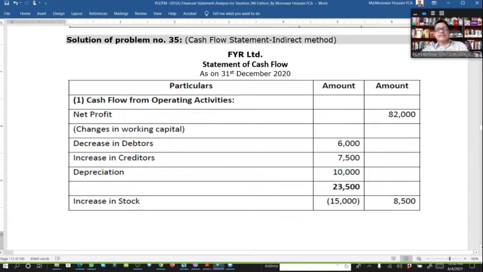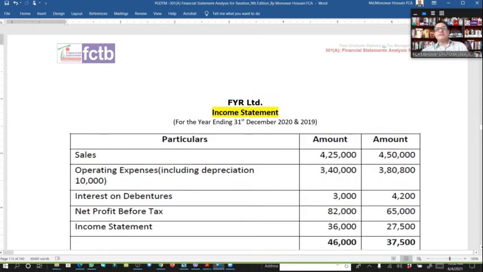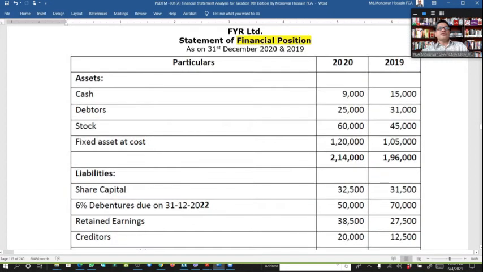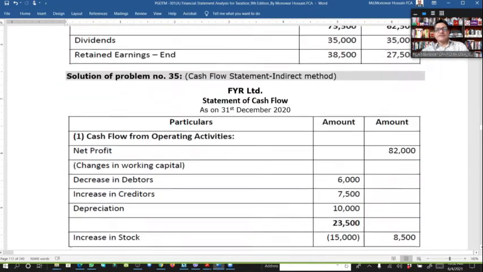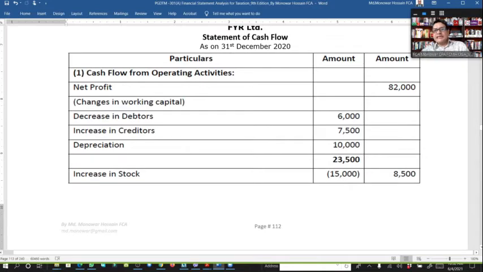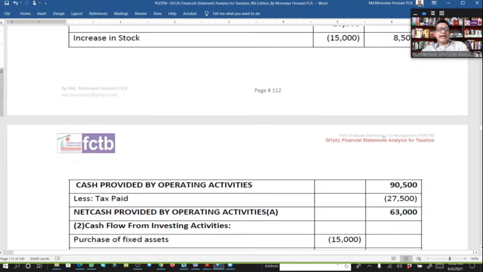23,500 is the increase in stock. Look here, stock increased, that means stock was 45,000, now 60,000. It means that we paid the money and purchased the stock. So the difference is minus 15,000. If we adjust 23,500 and the stock amount 15,000, then we will get 8,500 as a positive, and this